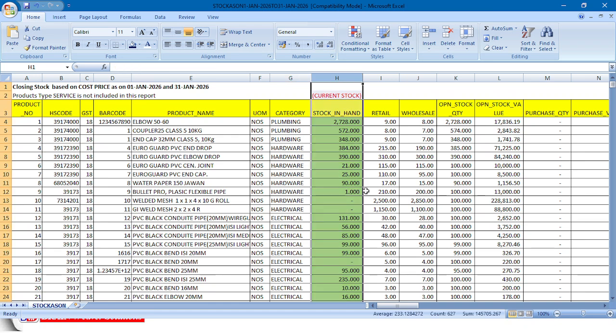And here we can see at the moment what is the stock in hand. This is the actual stock position as of today. Our report is 1st January to 31st January, but this stock is as of now, how much is the physical stock available or stock as per the system, what is the current actual available stock that is showing here, and what is the current retail price of this